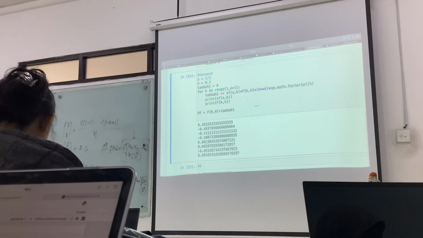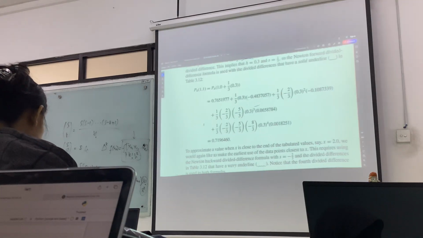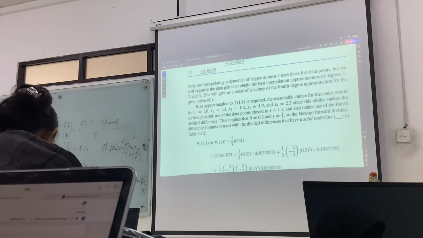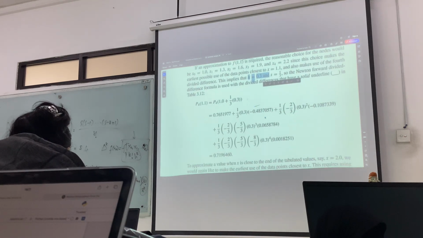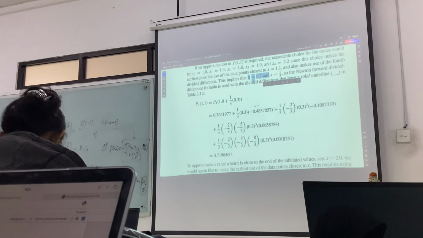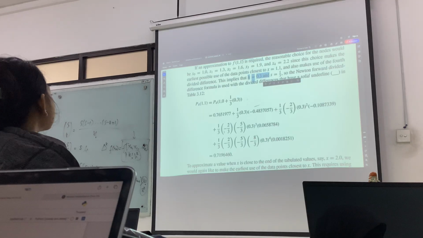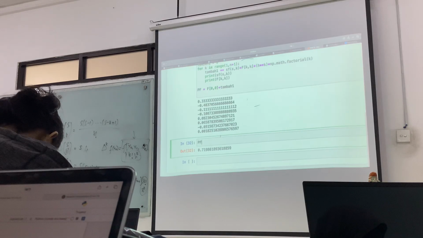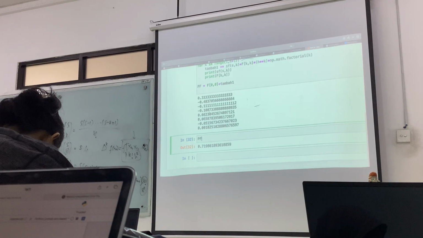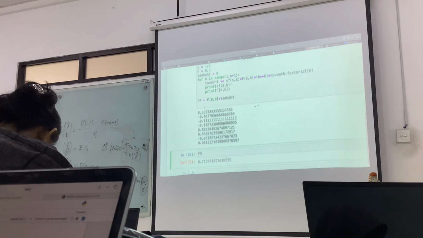H is 0.3, right? H is 0.3. Then where is the incorrect calculation? Check the as.